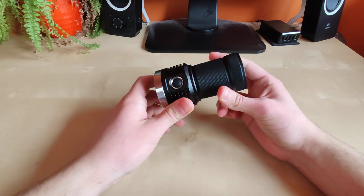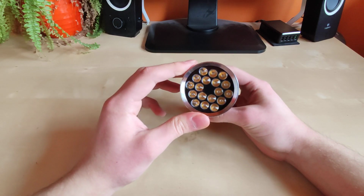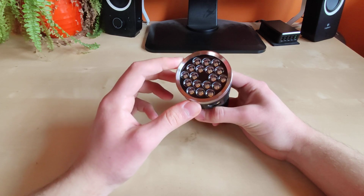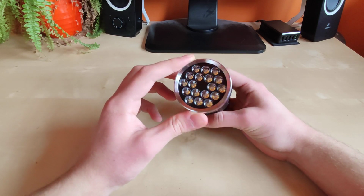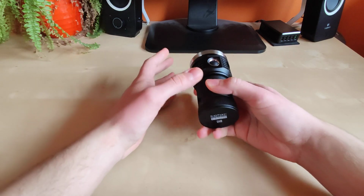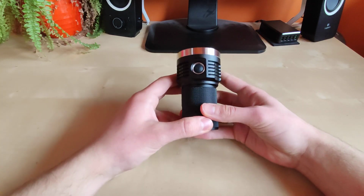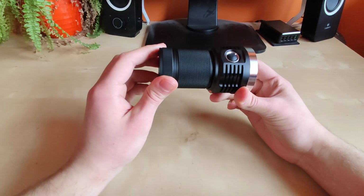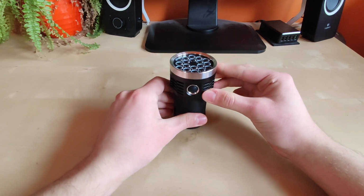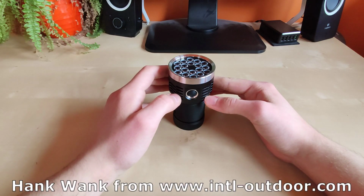I mean, the build quality is excellent, the beam is excellent, perfect for walking down the road in the forest. Still has some throw to it, but definitely illuminates the large area, and this is not one central hotspot and nothing on the sides, but gradually decreasing brightness to the sides, so very useful beam. And I really enjoy using this flashlight, and can definitely recommend this one to you. As always, new flashlight from Hank Wang's website,